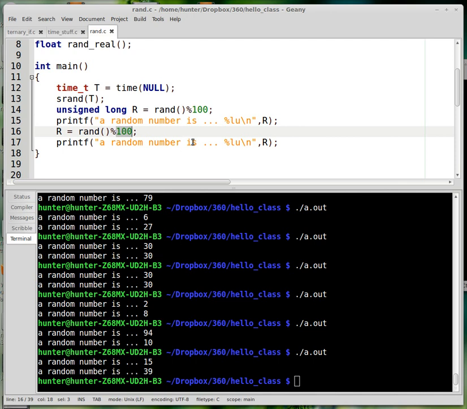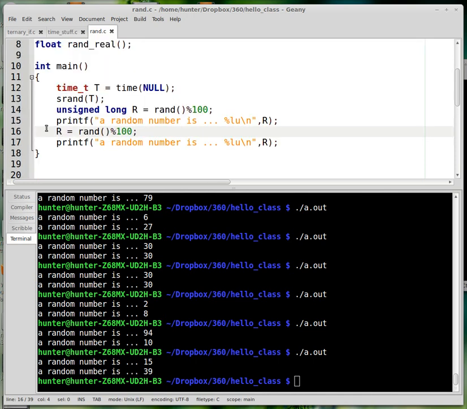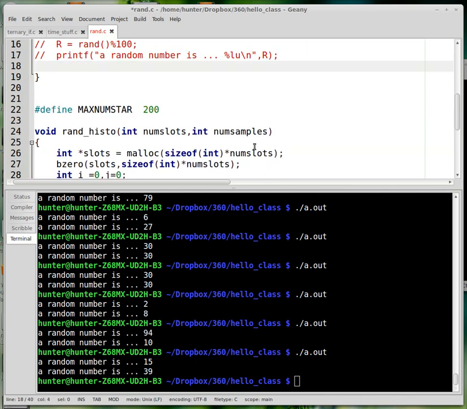But at any rate, we know that it's not truly random. It has some statistical similarities to a stream of numbers that would truly be random, but it's not truly random. Still, you would expect it to at least look kind of random. And so I wrote a little code here to make a histogram and see how close the output of the random number generator is to